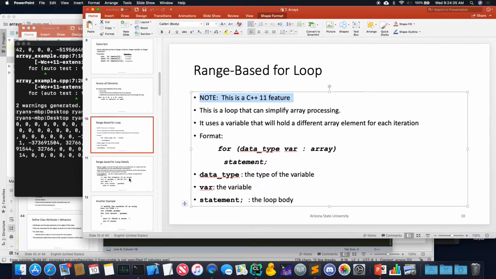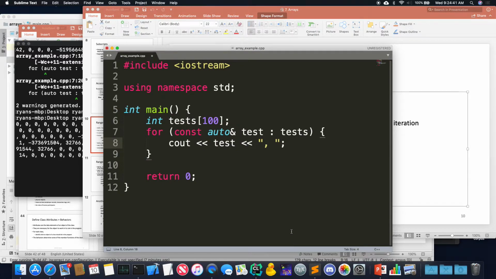I would highly recommend doing this because now you can avoid these off-by-one issues. You just loop over every element in there. You don't manage the index, and so you can't get it wrong. Sometimes you need the index, sometimes you don't. Most of the time you don't. But any questions about this?